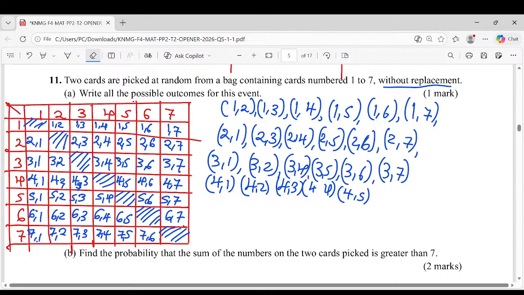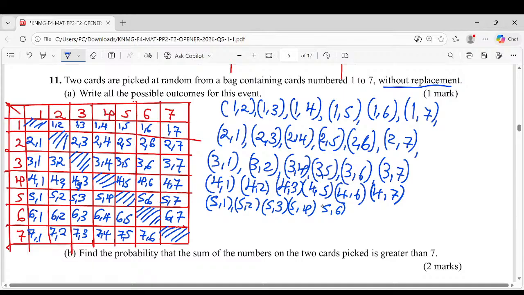Remember that, ladies and gentlemen. That means we are going to have (4,5), (4,6), (4,7). Then (5,1), (5,2), (5,3), (5,4), (5,6), (5,7),